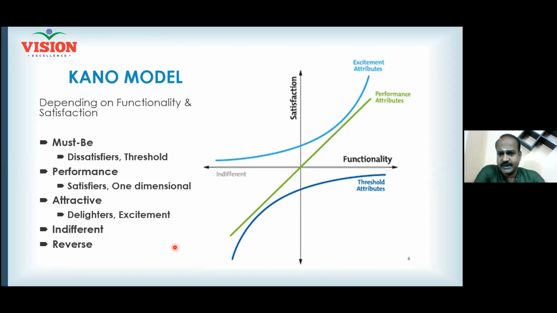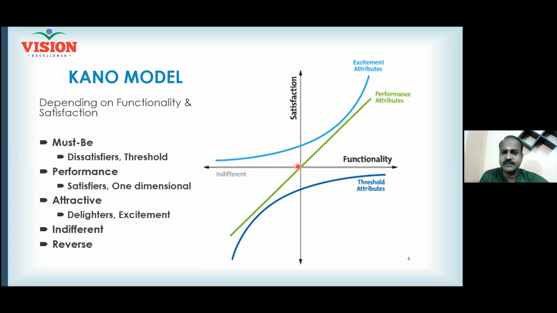When I say the x-axis talks about the functionality, when you are on the right side, that means your product is really doing very well with respect to a particular feature. We'll see each and everything with some examples, right? If your product is not doing very well, then you are on the left side. So this is how you will understand your position on the x-axis.